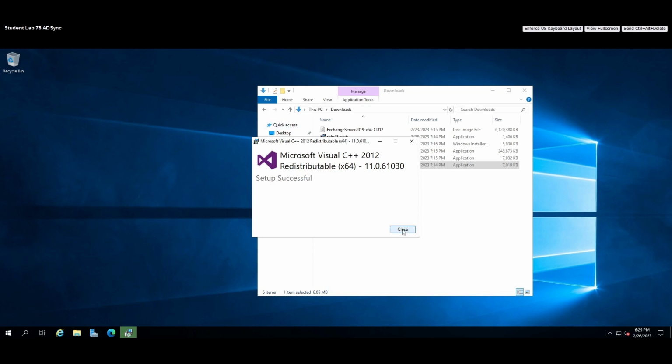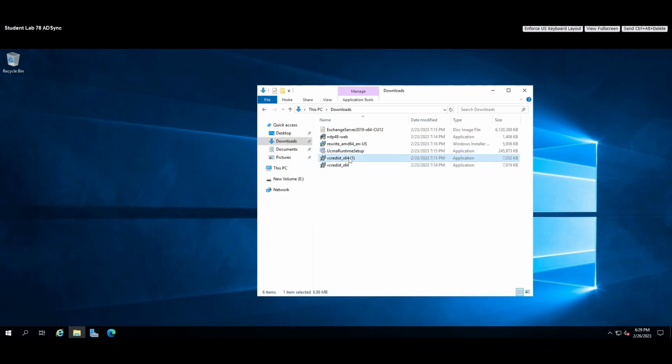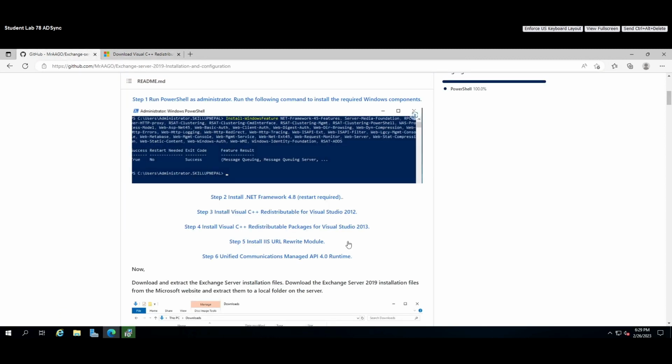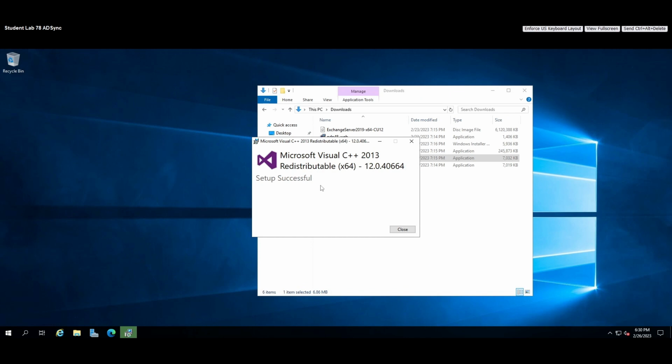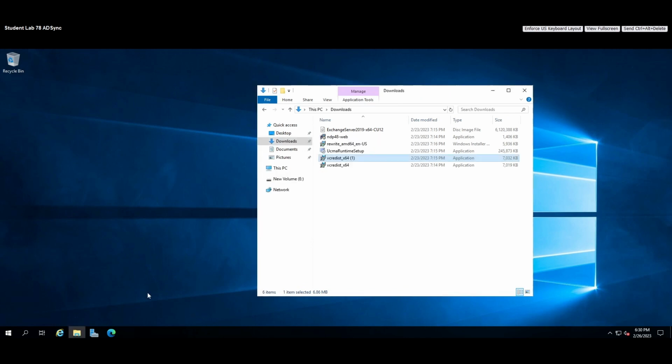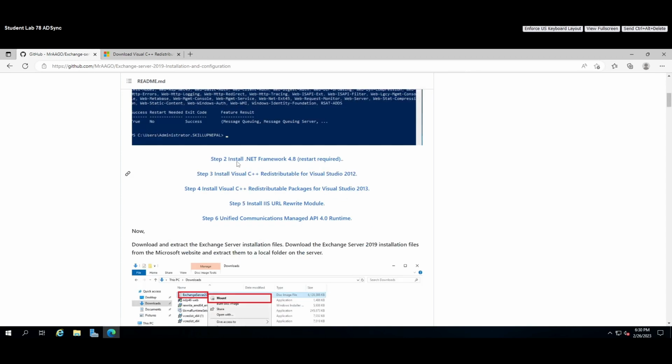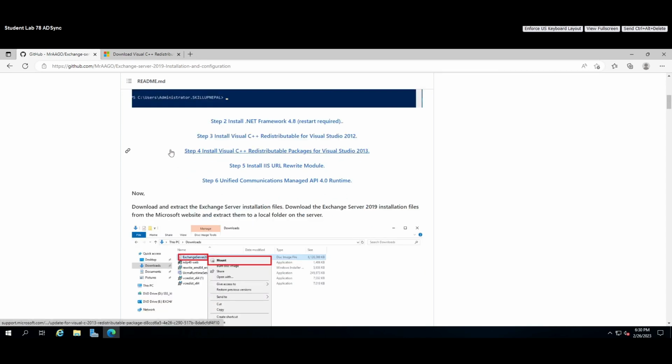Now we are going to install the 13. Again, both 12 and 13 are on this page. Okay, so 13 is also done. Now next we complete step 3. Now go on step 4, installing, sorry, we also completed step 4. Now we are going on step 5, that is install IIS